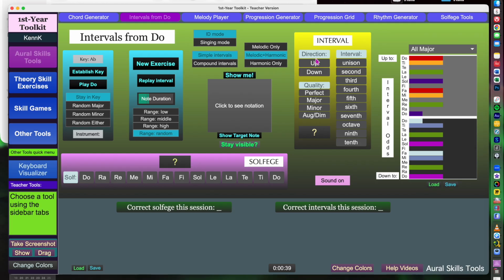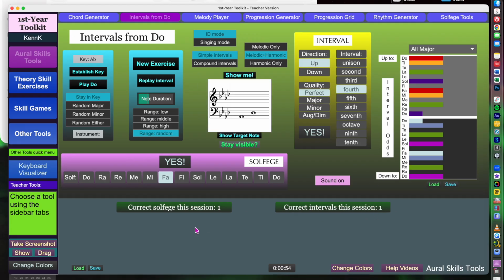But anyway, I think I heard a Fa. I wasn't paying any attention. Was that a Fa? It was a Fa. Good. What was it? Replay it. Oh, it was up to Fa. That's right. So up, perfect fourth. Now I have a correct interval, correct solfege. Once you've done 20 of those, and hopefully that won't take too long at this point, we're going to go